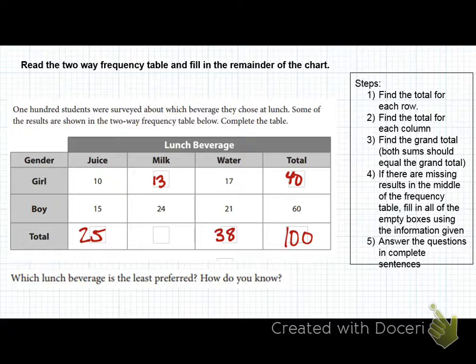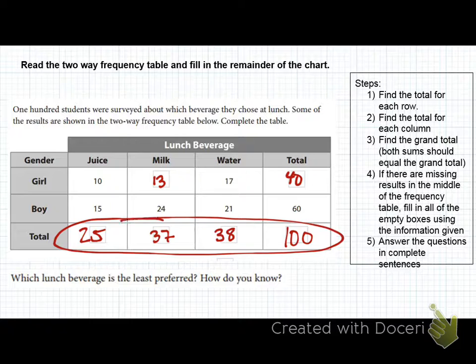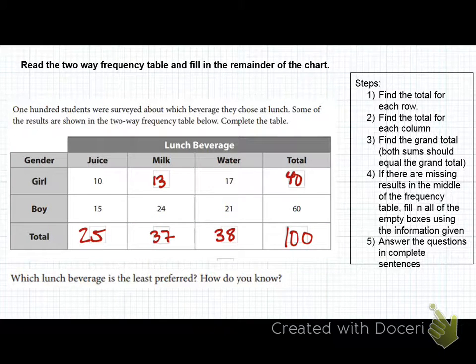Last one, everyone. What's this last one? 37. Now let's just check our work, okay? Remember, this all has to add up. Did this all add up correctly? Yes. You sure? Yes. Okay, good. Yes, it did. 37 and 38, 75. Plus 25, 100. Okay. Good, let's do another one.